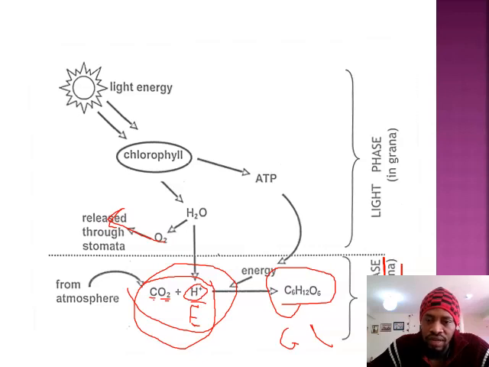That's why when you eat starch, you're eating glucose. That's why when you eat starch, when you eat food, you're actually eating energy. That's why food gives you energy, but which will only be released in the presence again of oxygen during the process of respiration that we'll look at. So that is the dark phase of photosynthesis.